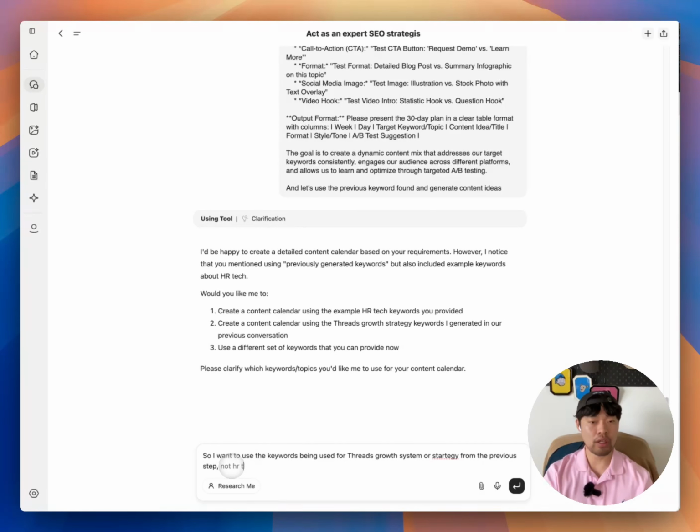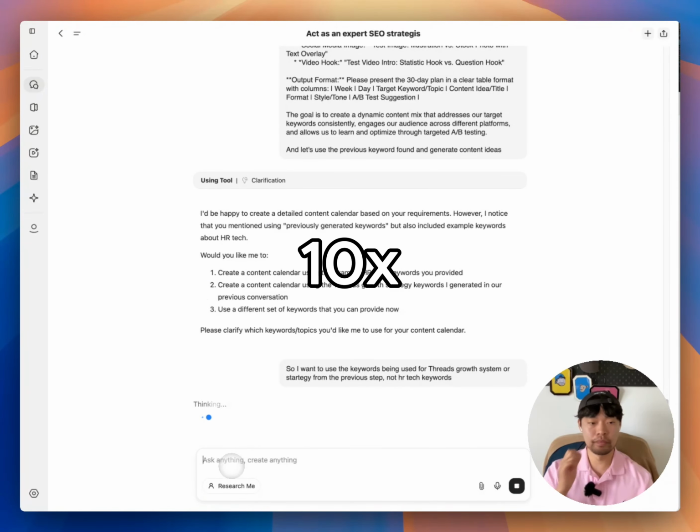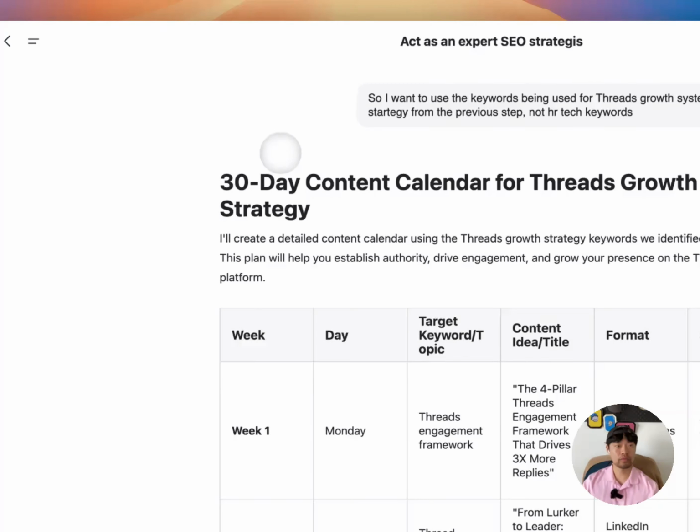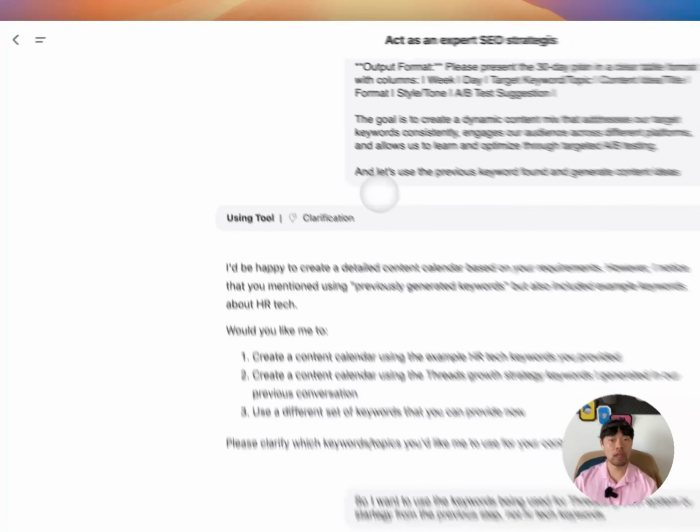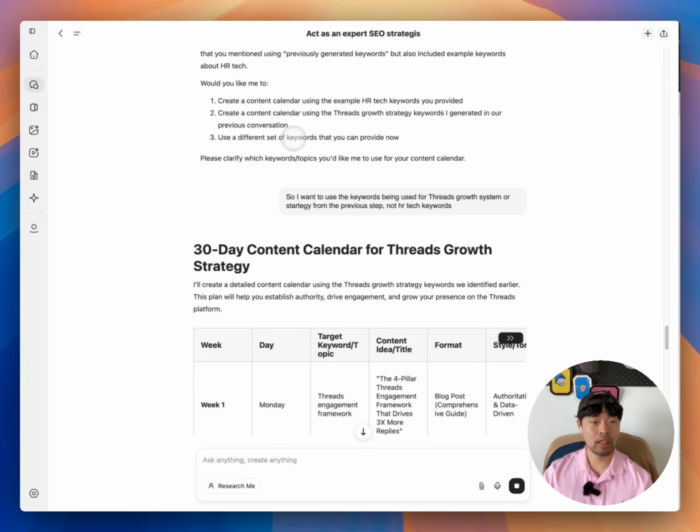Not HR tech keywords. So now it works as expected.